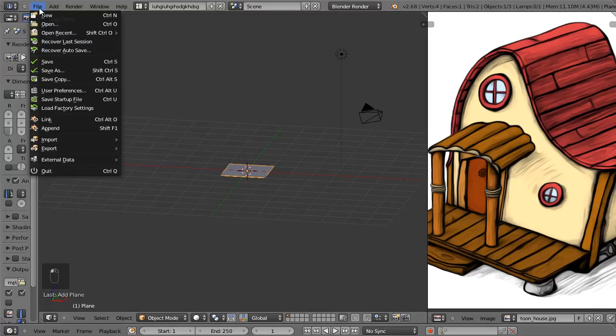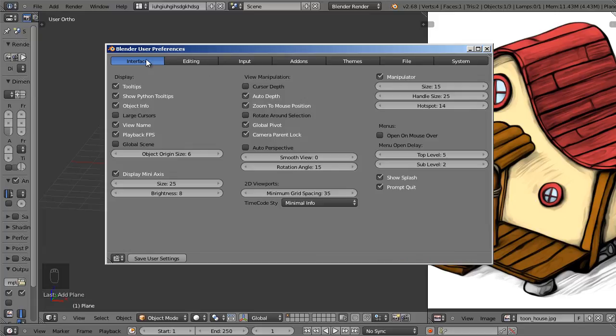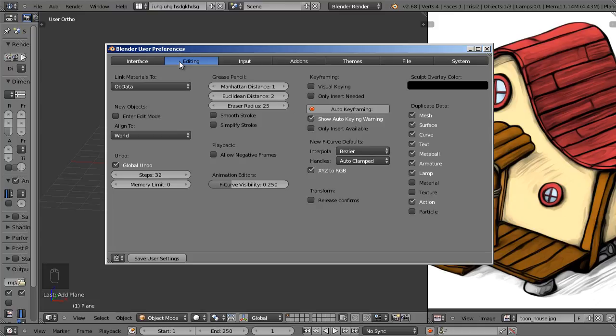We can go to the File menu and User Preferences, and under the Interface tab, let's see, where is this option? Editing tab, there it is. Under the Editing tab in the User Preferences, under the Align To option, select View instead of World. That way everything you add from the Add menu will be aligned to the view that you're in instead of the world axis. So change that and save user settings